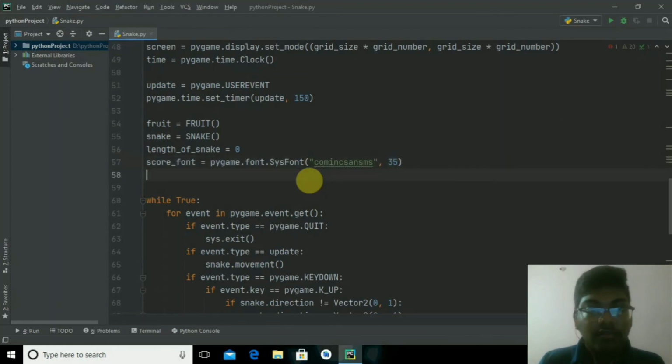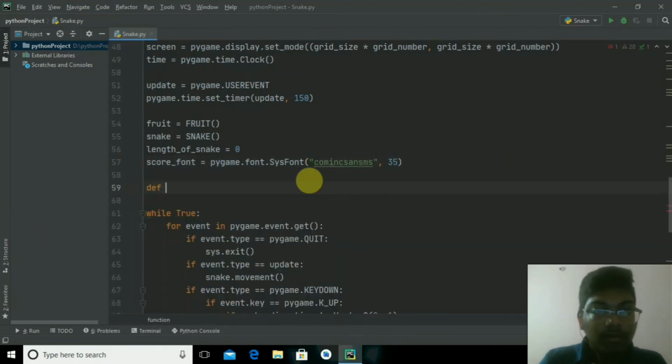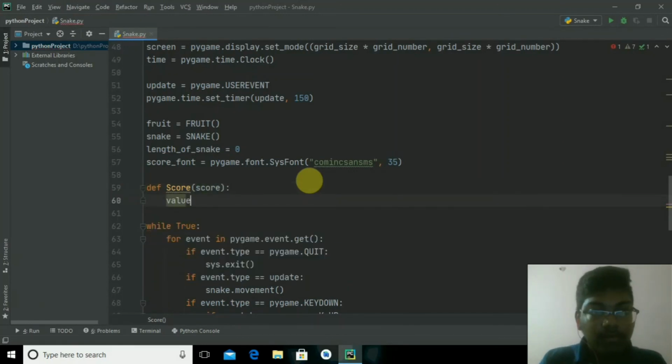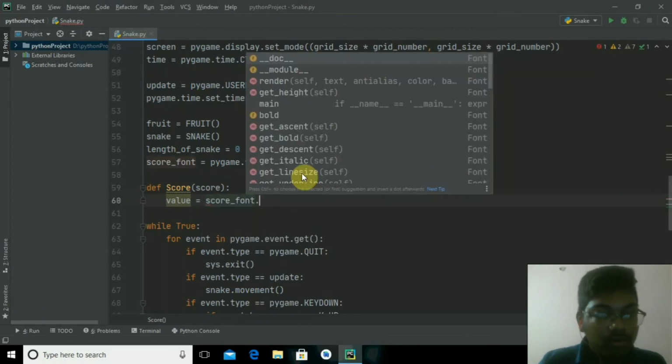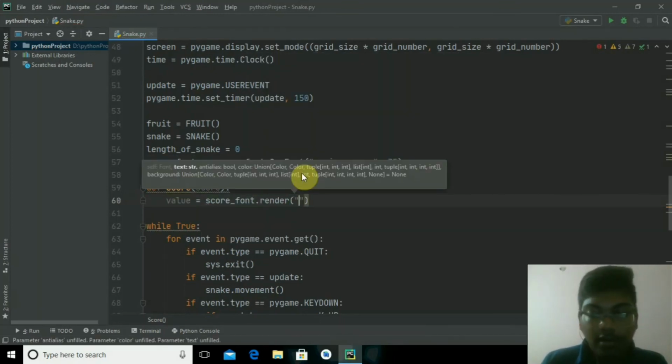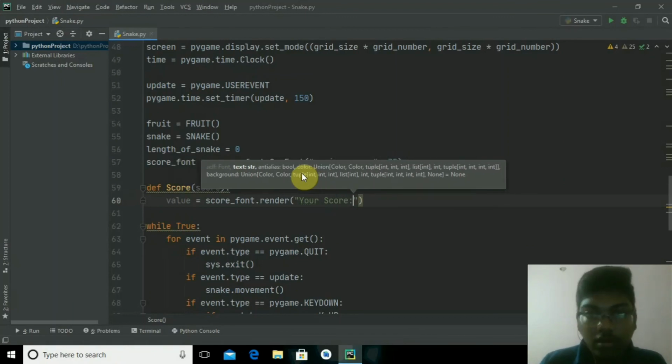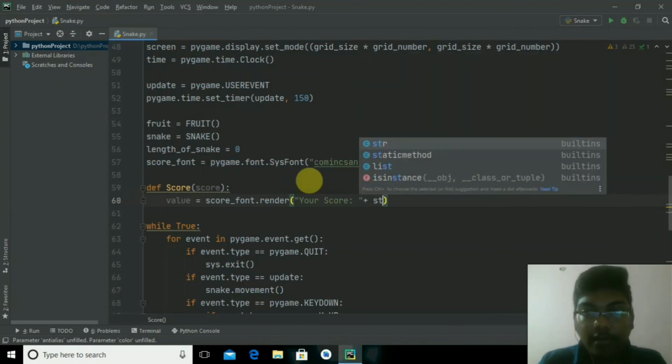Now I will create a def score, and in it I will give the parameter as score itself, then the value equal to score.font.render, and what should be seen is your score. So, your score, and let me give some space and add string